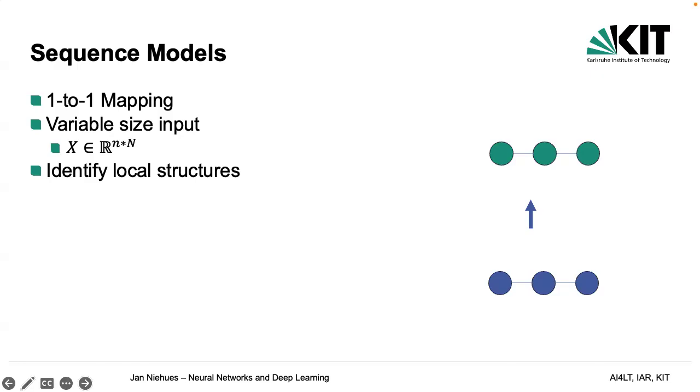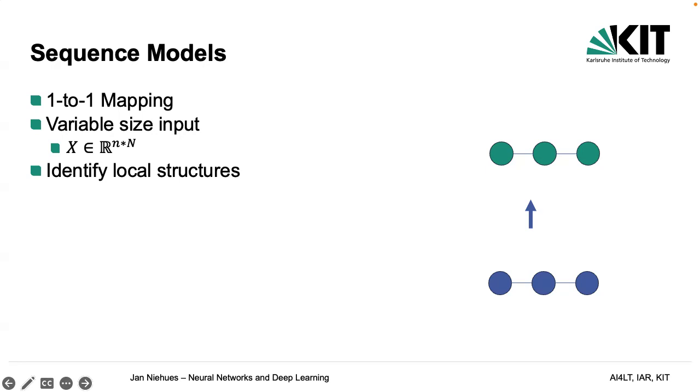But this is somehow the thing we're typically talking about. What we're then doing is normally we have this one-to-one mapping. So we're generating one hidden representation for all our inputs. So there is a vector input, a sequence of vectors as input, and a sequence of vectors as output. Why we couldn't use